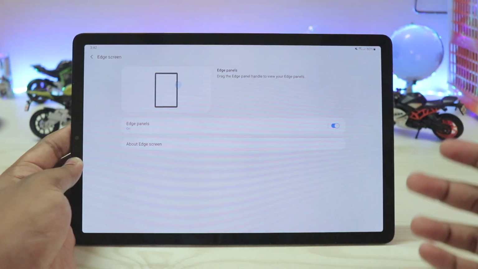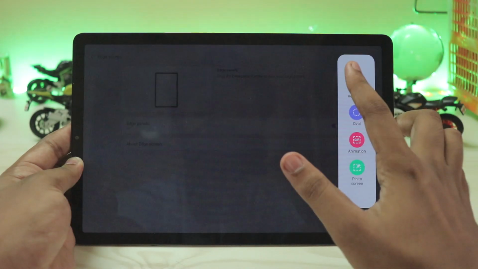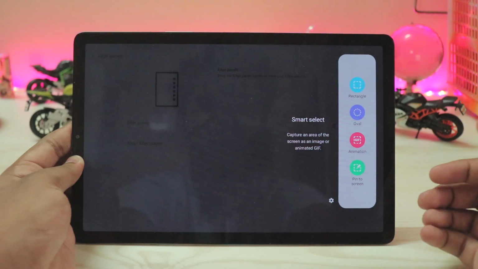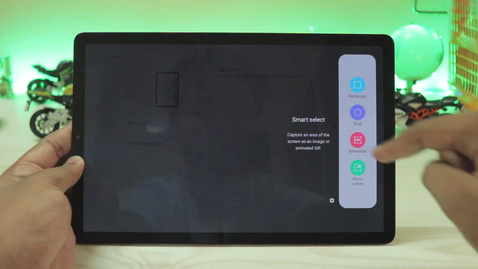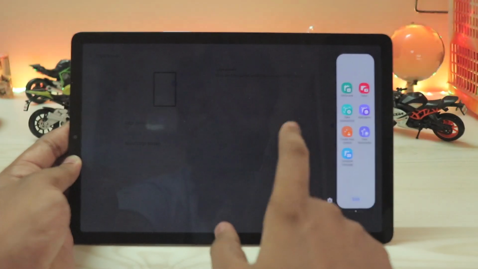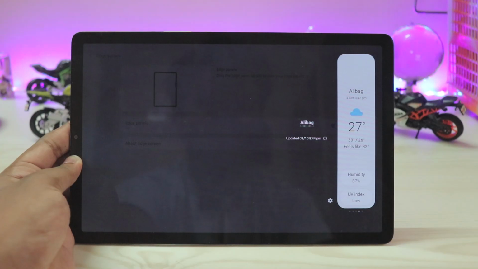So each and every single time I wanted a multi-window app, I had to go to the home screen. Well, now I can just bring up the Edge panel, and it's sometimes a bit laggy. Again, as this is not a flagship tablet, you do not get a blur UI or something. It's kind of dull, to be honest, when compared to the Note 20. But you do have Edge panel, and Edge panels have been massively improved for the One UI 2.5.